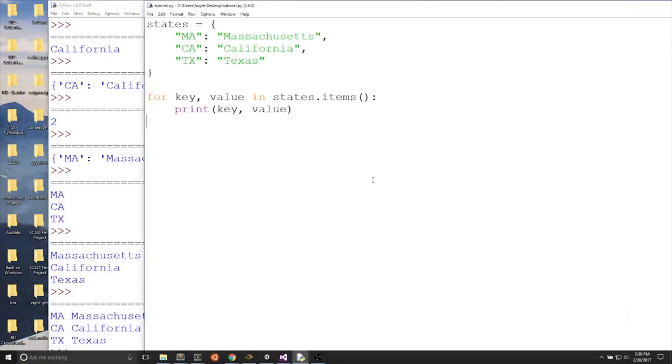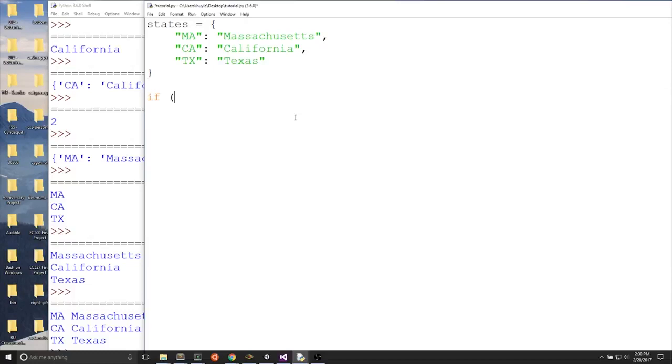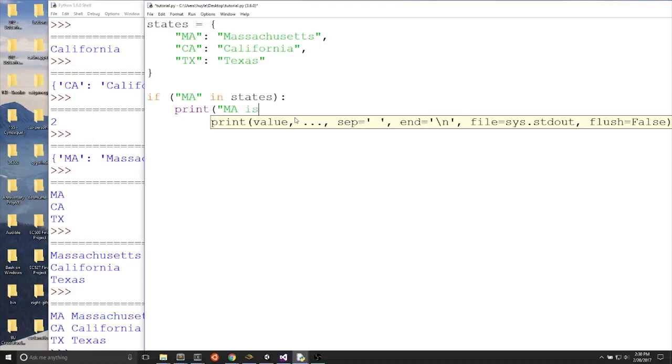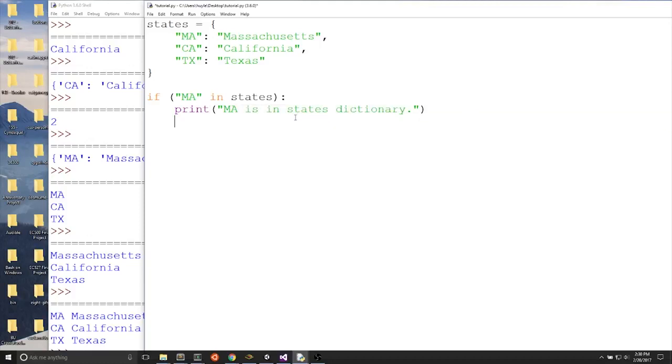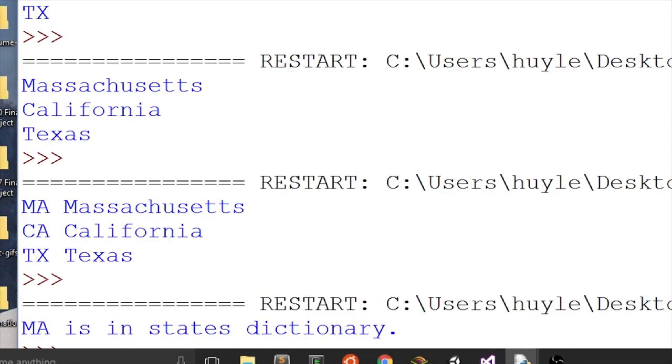We can check if a dictionary has a particular key. Like in a list, we can check for membership in the dictionary. For example, we can check if states has the MA key. Let's delete this and write if (MA in states): print MA is in states dictionary. When we run the program, we see the print statement "MA is in states dictionary" because MA is a key